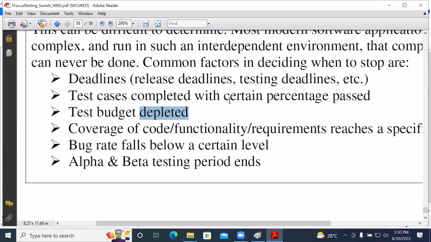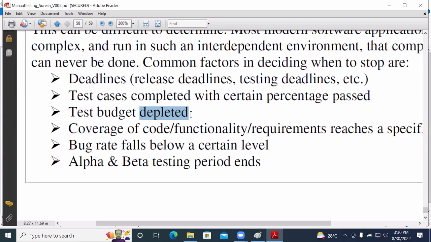It's not only the testing; the project can be stopped. If the client does not have enough budget to continue that project, they can think about stopping that testing or that project. That is what they consider as test budget depleted.